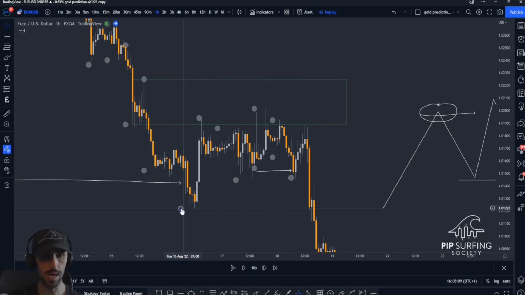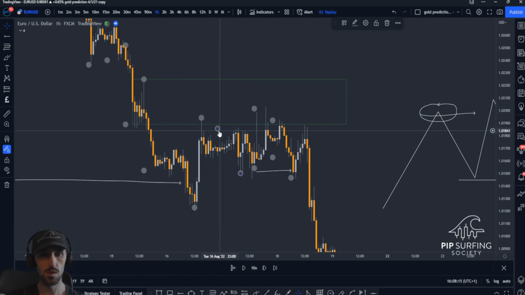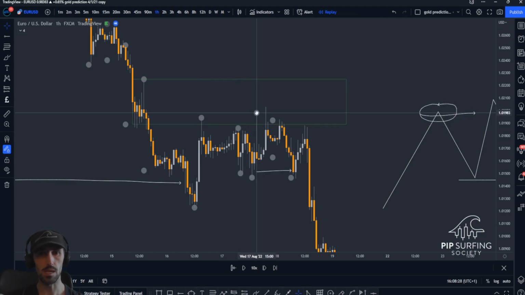We had price put in a low. We then had price put in a high. Price then put in a new low, then a high which didn't surpass the previous high. We then came and put in a low, which was only wick. It didn't break structure properly. It was only wick. We then put in a high,